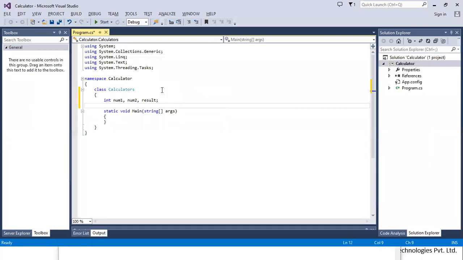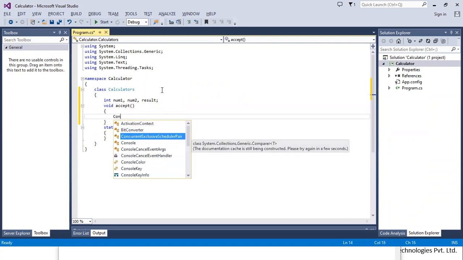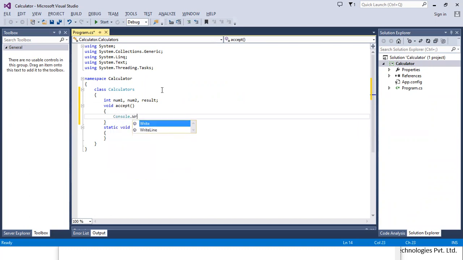So here I'm going to declare a function, and I'm writing void, the function's name is Accept. Now here I'm writing Console.WriteLine, "Enter two number".